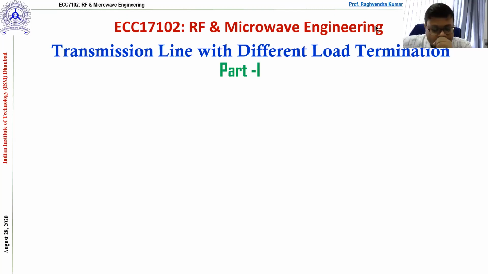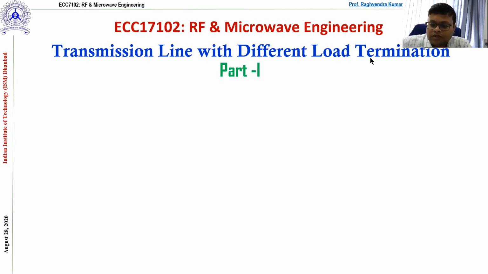Now today we'll discuss the different terminations, and we'll try to find out the maxima and minima over the transmission line due to these arbitrary terminations, because it is really very important when we are terminating the transmission line. So this should be clear that at what portion we are getting the maxima and the minima. So we'll try to analyze theoretically here, and we'll see how we can handle this situation when the termination is capacitive, inductive, or mixed, or let's say resistive terminations.